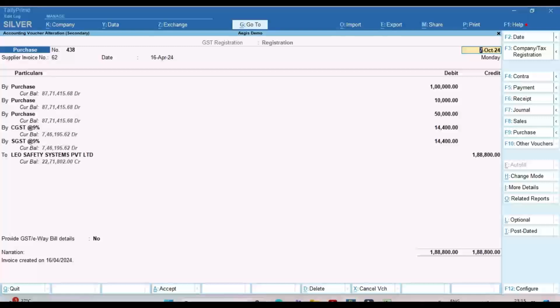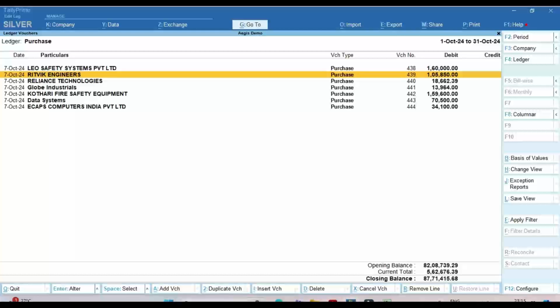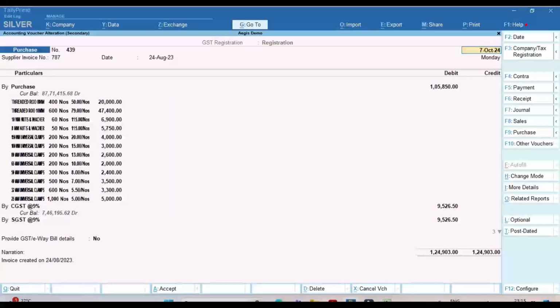We have vendor's name. Let's see the second data entry. This is an invoice with the inventory detail. Here we have supplier invoice number, invoice date, quantity, unit of measurement, and the rate. We have CGST, SGST with the rate and the total amount.